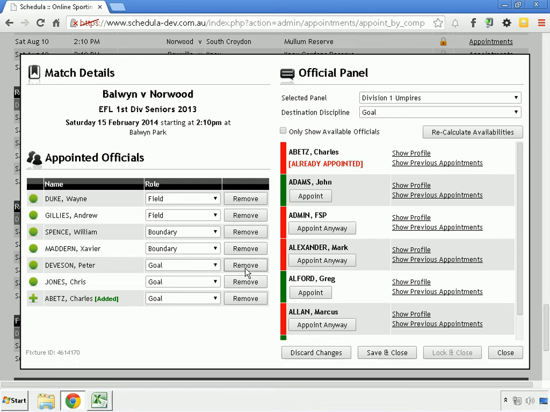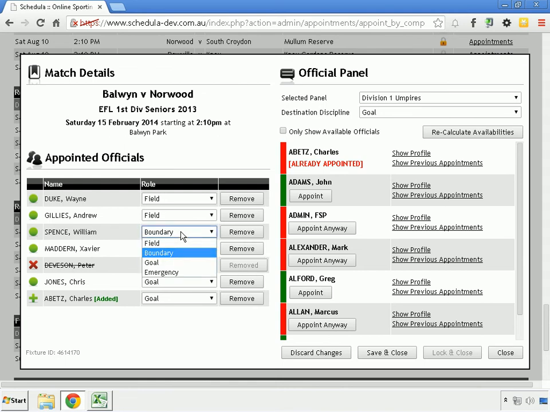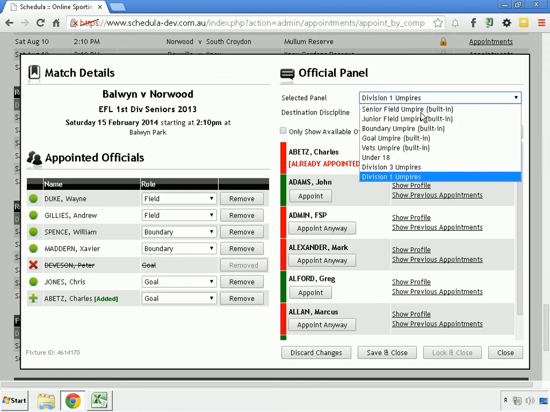To remove a person, I can just simply click on remove and it'll strike them off the list. If I want to change a person's role, I can do that without having to remove and then add back in. I can have as many people as I want appointed to this match. So for example, if I go into